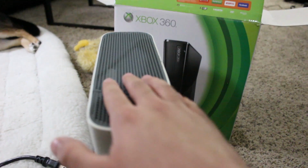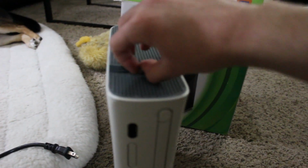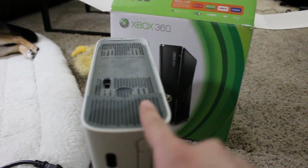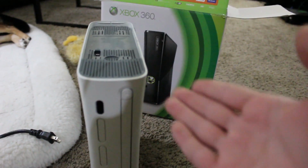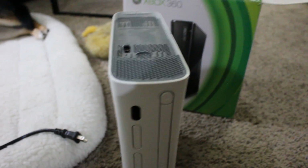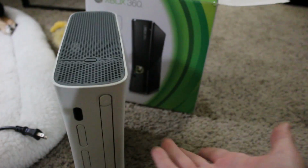Two, I didn't buy it only because of this, but I saw this had the top hard drive cover, which I never see on systems now. So I was like, oh, damn, that's cool. And actually, look at this. I hadn't cleaned this yet, but there's dust right there. So that means this console was carefully donated, which I can appreciate. That means they probably just had this sitting somewhere collecting dust, and they said, oh, wait, this went with the 360, we need to put that on before we donate it, which I appreciate. Thank you very